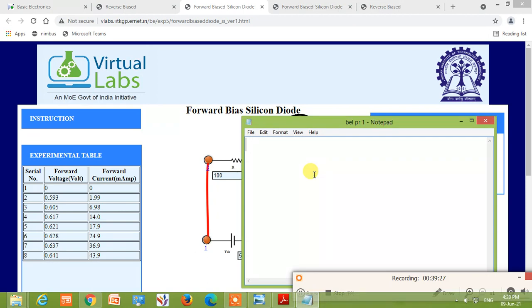Now let us calculate the value of DC resistance. So I will write R DC in the case of forward bias. So it is the ratio of voltage upon current, voltage divided by current.